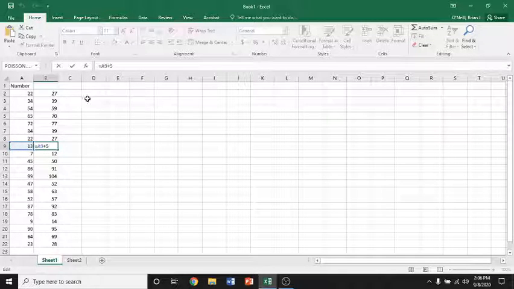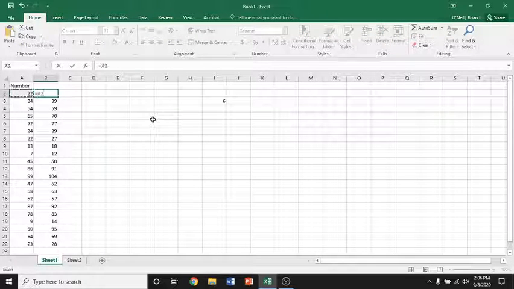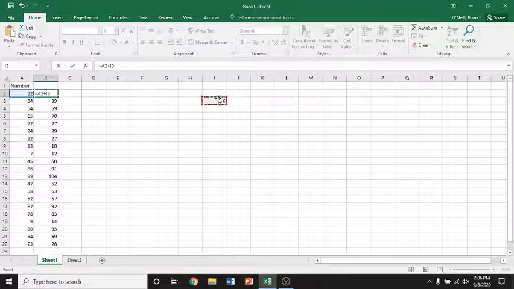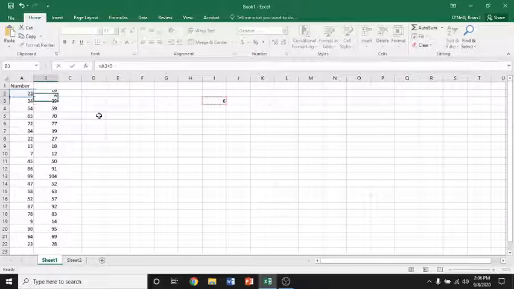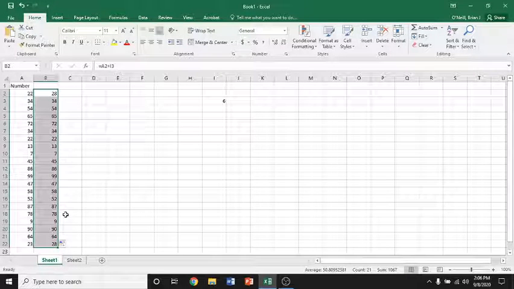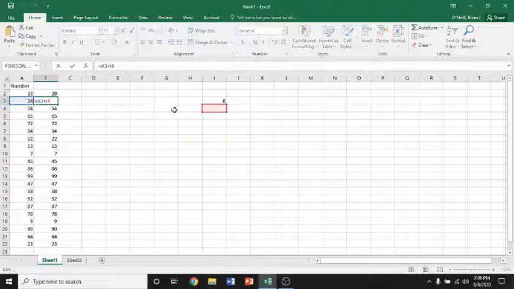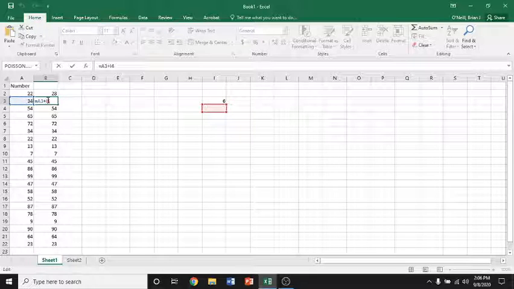Now, what happens if you wanted to say, oh, I didn't really want to add 5 to it, let's add another number to it. So let's just put a num value in here. Let's say we wanted to add 6 to everything, okay? So what you can do here is equals A2 plus this value over here, which is in I3. Now, if you hit enter there, we still then get plus 6, and you can fill down, and what you'll see is there's going to be, it's a little confusing because it didn't add 6 to this, and the reason that is because it kind of follows a pattern, and since you did 1 down over here, it'll do 1